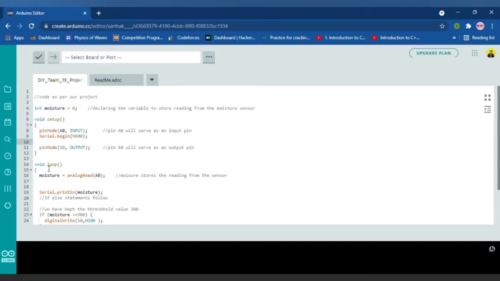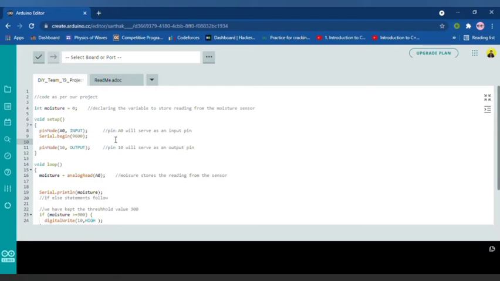Now the commands that you are seeing, like Serial.begin and Serial.println, we used those while dealing with our Tinkercad simulation to show the sensor readings, but we are not using those in our working model.